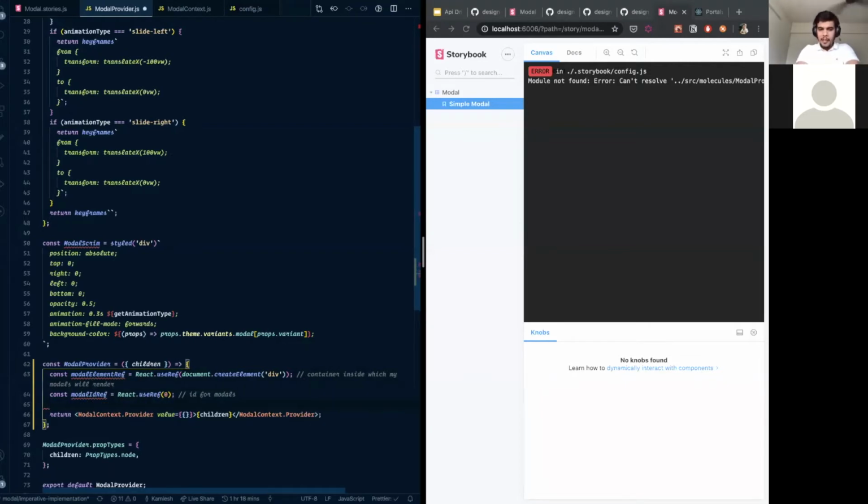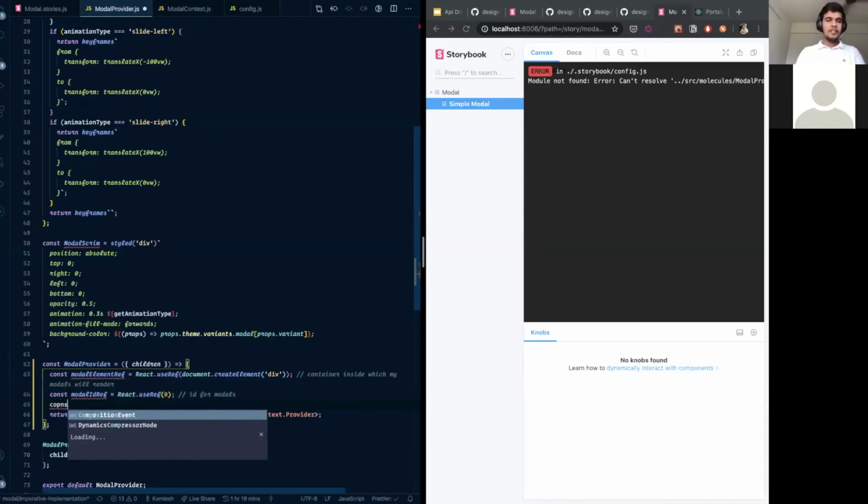Now, the next thing is I've been talking about stacking of modals. So how do we actually create the stack? Since I said that I want to give flexibility to my consumers so that they should just be able to open modals, to achieve that, I want to make my component uncontrolled, which means I want my modal provider to control everything as state. So you as a consumer don't worry about creating states. You just go ahead and say, hey, modal context dot open modal, modal context dot close modal, or modal context dot close modal with a particular ID, right? That's basically the developer experience that I want to reach towards.